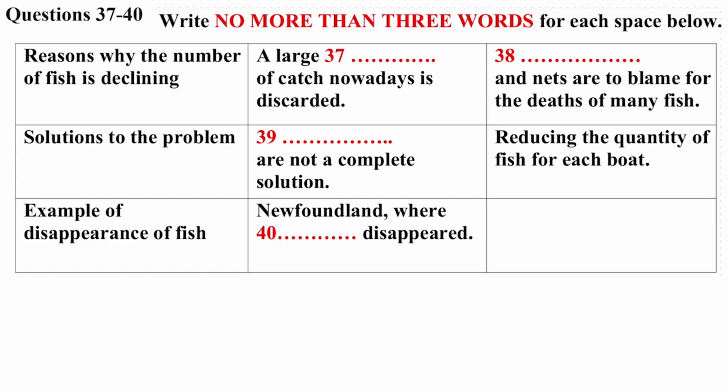Take the disappearance of cod from the Great Banks off Newfoundland, which was once the richest cod fishing area in the Atlantic. After a dramatic fall in the cod population for some unknown reason, a ban was imposed, which, it was hoped, would lead to a repopulation of the cod stocks. The cod did not return, and many fishermen were put out of work. This is a scenario which we do not want to be repeated on a large scale. Now, if you look at this table on the screen, you can see where